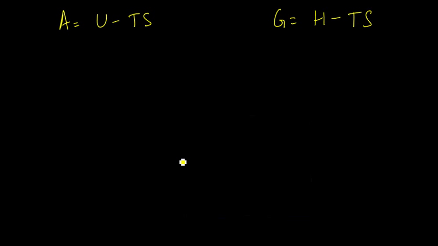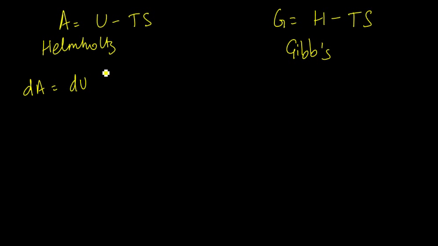Right. So what we had seen was the Helmholtz and the Gibbs free energies. These were defined as such, right? And then I can see dA is equal to dU minus TdS minus SdT, but normally we take these processes at constant temperature, so we can just get rid of the minus SdT, and dG is equal to dH